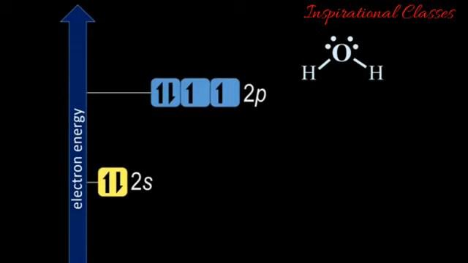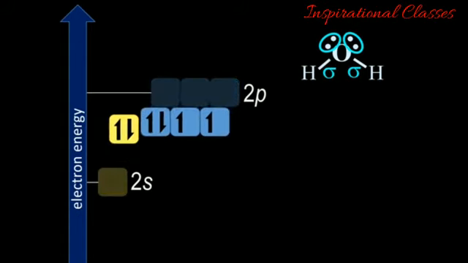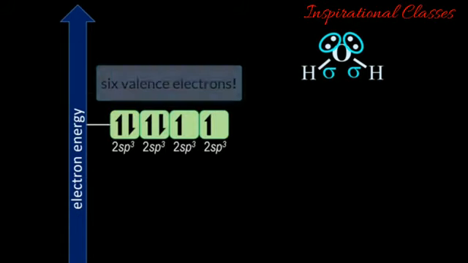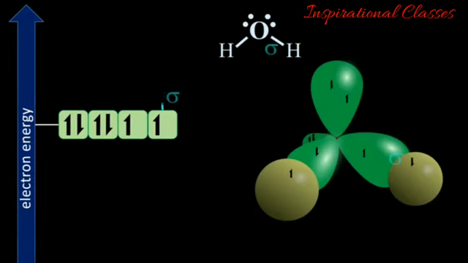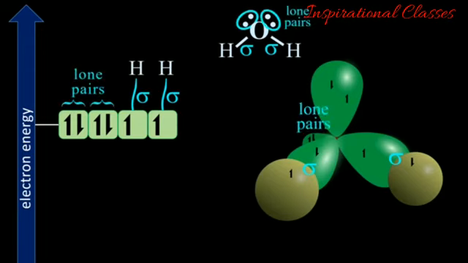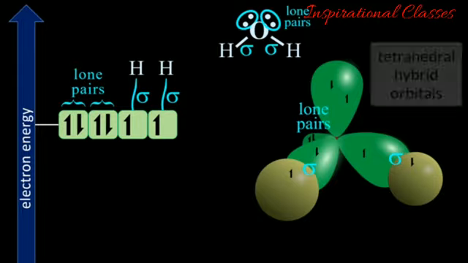And lastly, water. Here, oxygen has 2 sigma bonds and 2 lone pairs. In water, oxygen is also 2sp3 hybridized, but with 6 valence electrons. 2 of the sp3 orbitals have paired electrons. You can probably guess that the sp3 orbitals with a single electron will overlap with hydrogen, and the remaining 2 pairs are unbonded. They are lone pairs. Again, oxygen's hybrid orbitals spread out in a tetrahedral